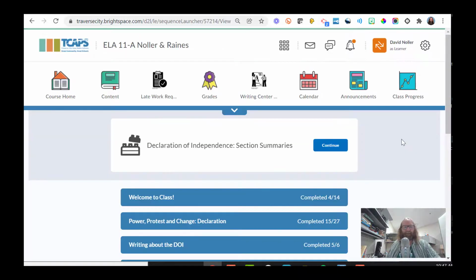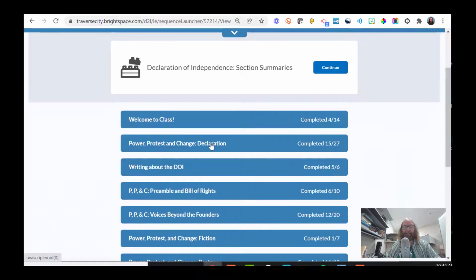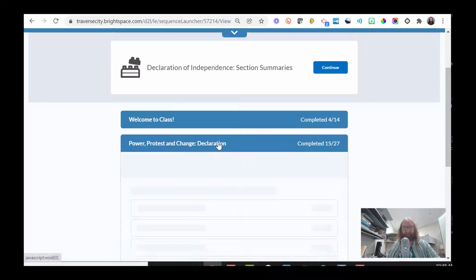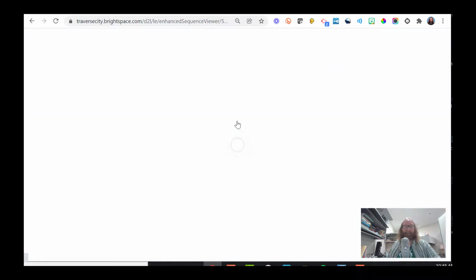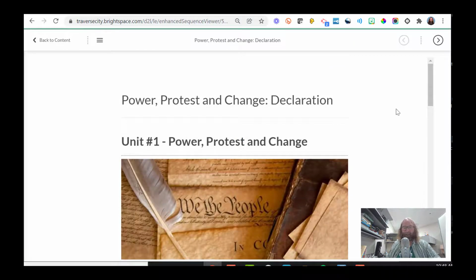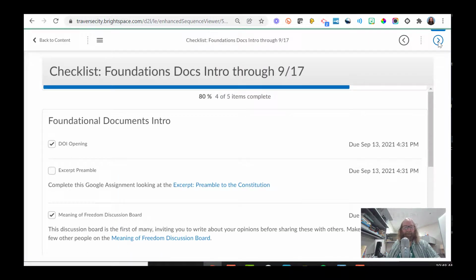Just to give you a sense of what students would see, let me demonstrate that for you. So the first thing they'll see is where they left off. If they had completed an assignment or had not submitted an assignment yet, it would prompt them to continue from where they last were. Otherwise, they can select the unit that they were in, and they can select Launch Unit. Now this will take them to the very beginning of the unit, and then they can use these arrows to navigate through